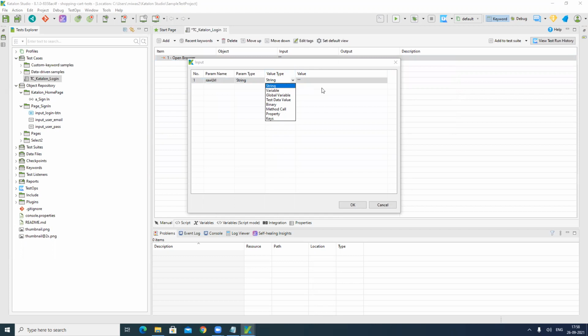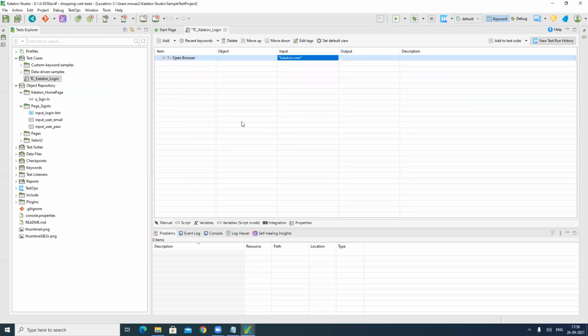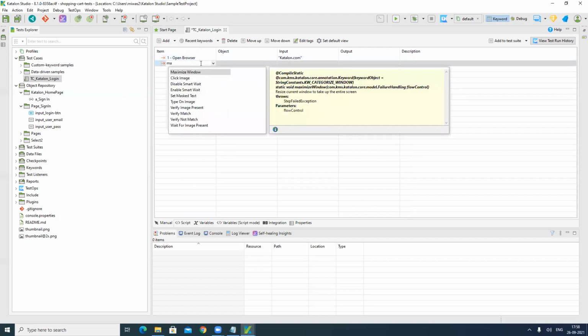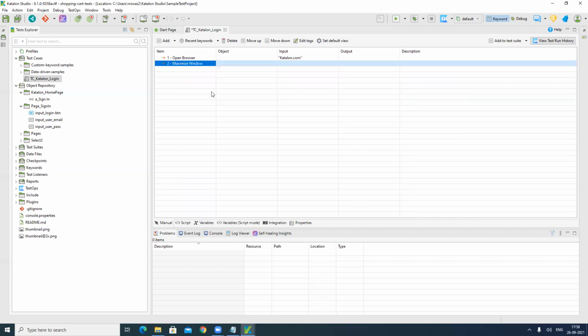We are going to use a string as our URL, so enter the website name. Just click OK. Next, our action is to maximize the window. Just click maximize, and it will automatically maximize as per your screen size, right?